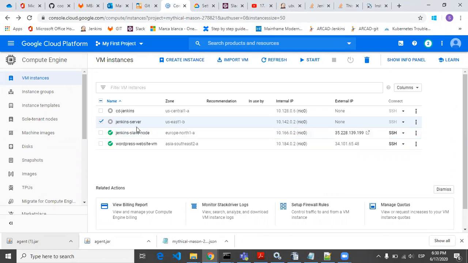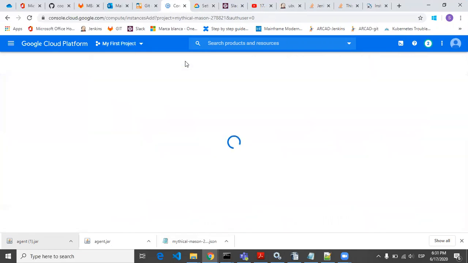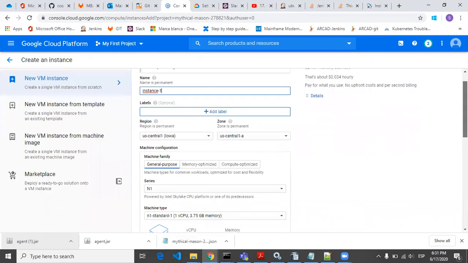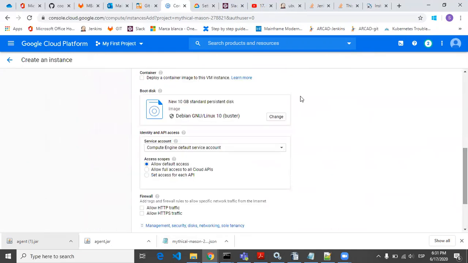In Google Cloud I have created an instance using this create instance. Here I have given one name, Jenkins slave node, and I didn't touch anything else, and I just clicked on boot disk.